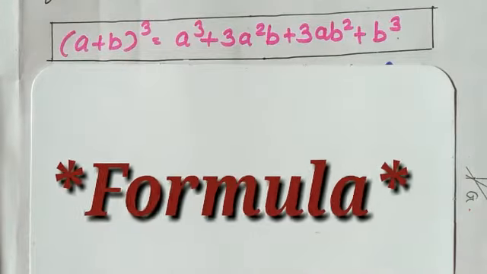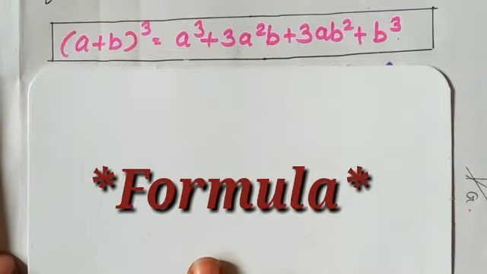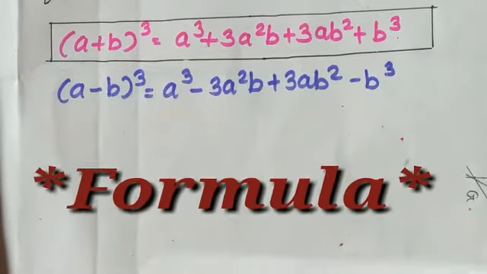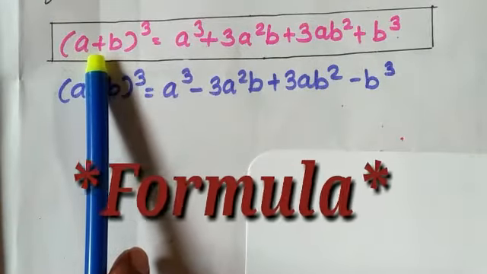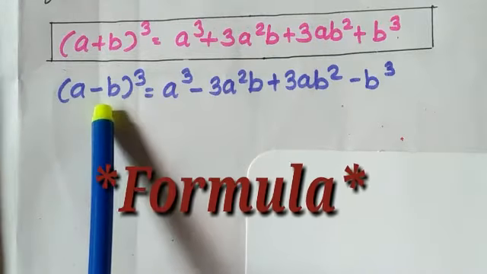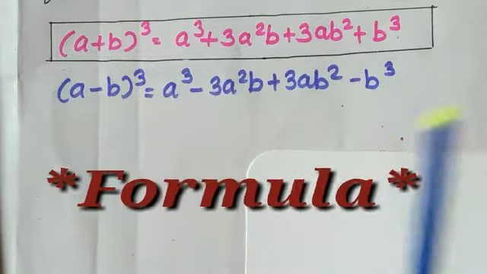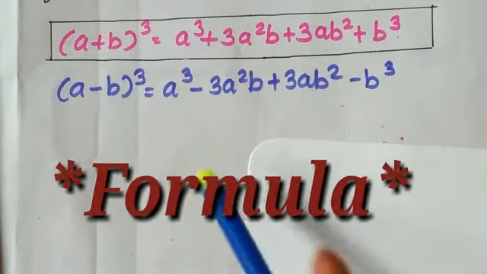Now we are going towards the next formula, which is just similar to this one, but there is a difference in the symbol. See here, in our previous formula, the addition is given between these two terms. Here we are having the subtraction. So the remaining formula will be as it is, but there is a change in symbol.